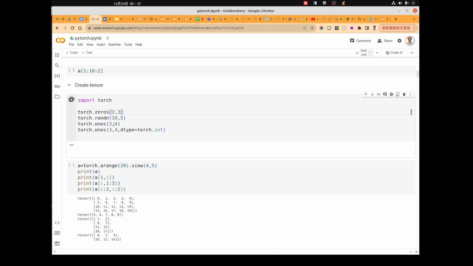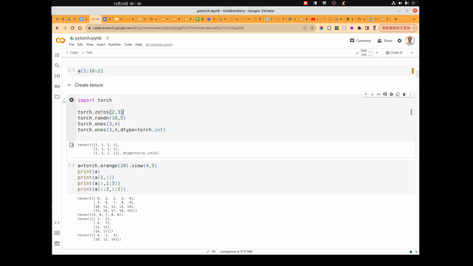This will take a couple of seconds, because in the background the Colab website will create a virtual machine to host the program for you. When it's done, we can see the result.